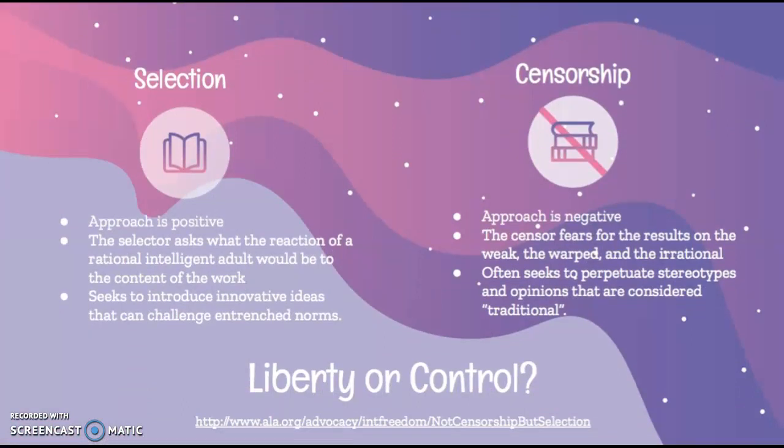Now the big question, is it selection or censorship when we promote certain books and not others? A selector wishes to promote quality, authentic literature that may challenge established norms. A censor, on the other hand, is fearful of controversy. In a library situation, if we deny access to books, problematic books included, yes, we are censoring. On the other hand, if on the way to retrieving those books, we also suggest options that offer different perspectives, then we're doing the job of a selector. We also need to place our trust in the intelligence of our children by offering them these options.